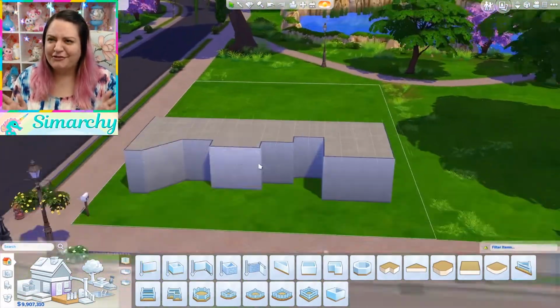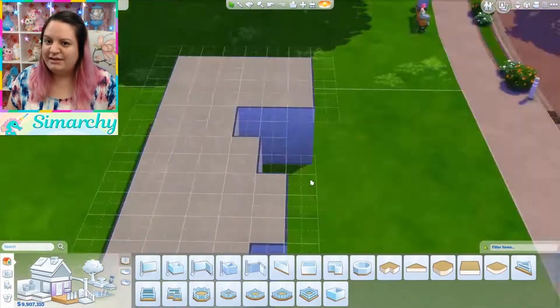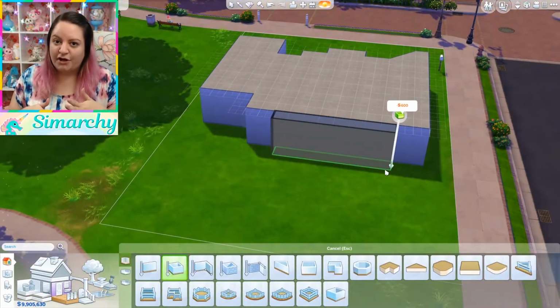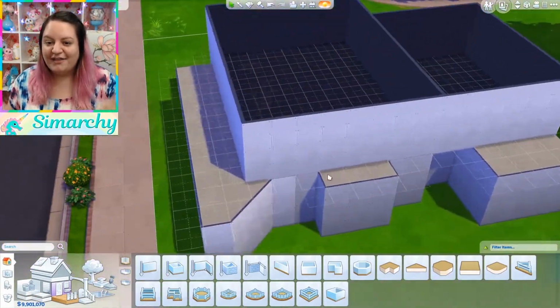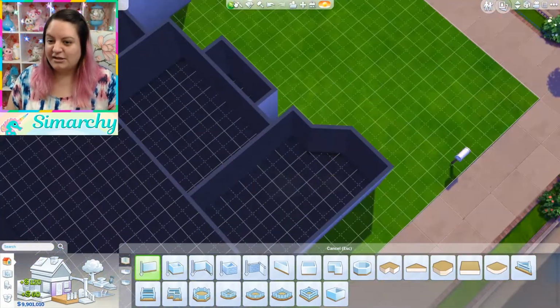It is a 5-bedroom, 3-bathroom, I believe. Pretty decently sized house. It does have kind of a small yard for what it is, but I'm very excited to show it to you because I think I have finally embraced the fact that I just like building family